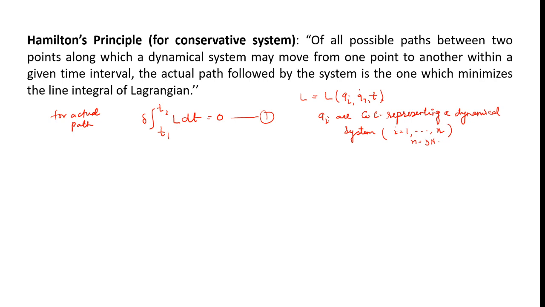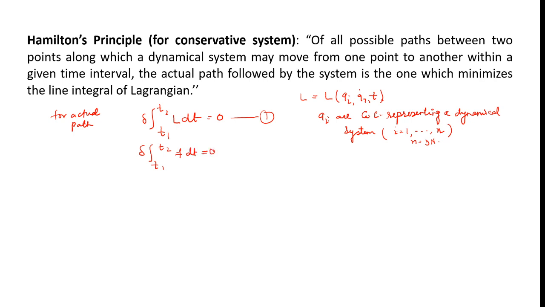Now, naturally this principle is defined in the configuration space, because your function is L and L depends on the generalized coordinates and their corresponding velocities. And since we have to derive Hamilton's equations of motion, we have to shift to the phase space. Before that, you know that with the help of 1, we have derived Lagrange equations of motion, or you can say if there is some function like the integral of f dt,